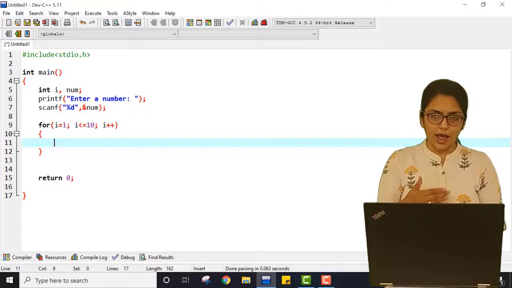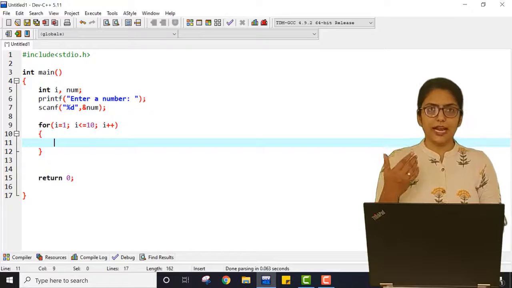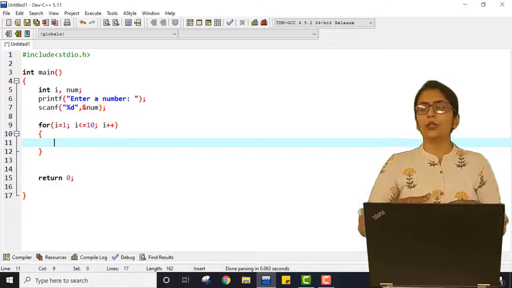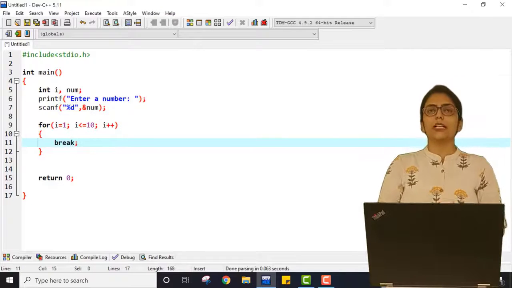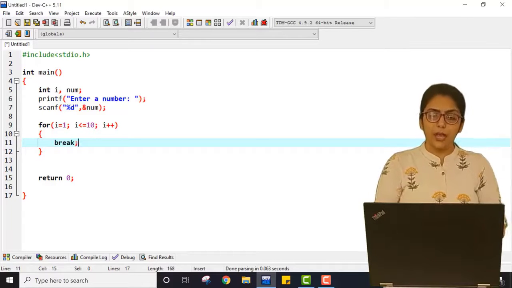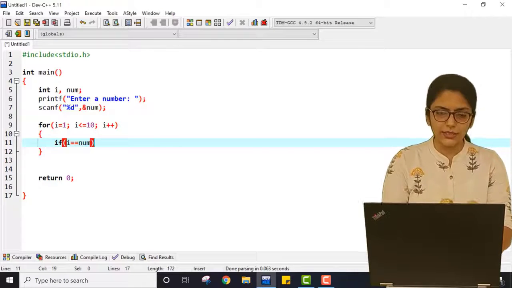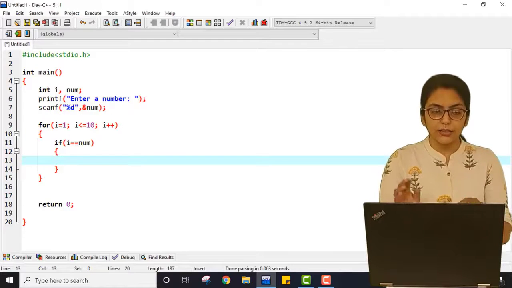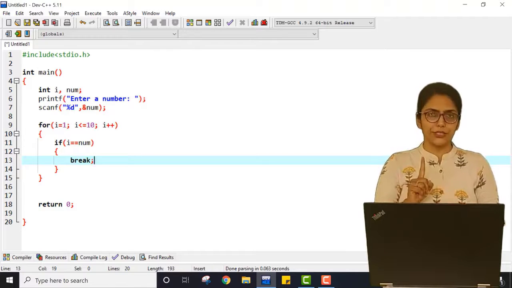But if I am changing the value of i inside the loop, then the loop can occur for less than 10 times. Also it can break if I am using a break statement. But I am not blindly using break over here, because if I am blindly writing break over here, that means it will be executed only for the first time. Instead of this, what I am doing is giving a condition: if i equal to num. What is this condition? If the value of i is the same as the value entered by the user, then only break will be called. So break will not be called for each iteration.